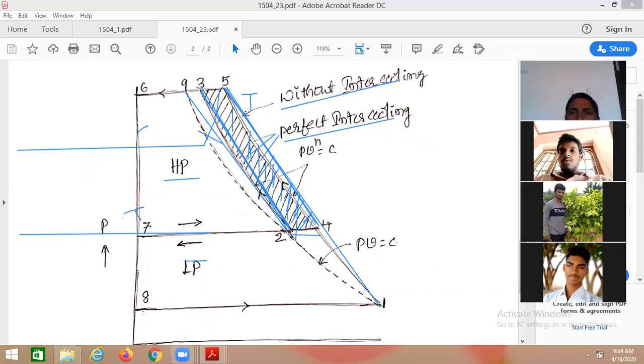In the PV diagram, what is the cycle 81568? You see this, the 81568 cycle represents single stage compression by the compressor. I have written that here. Now, what does the 81478 cycle represent? That is the LP cylinder compression in the first stage.